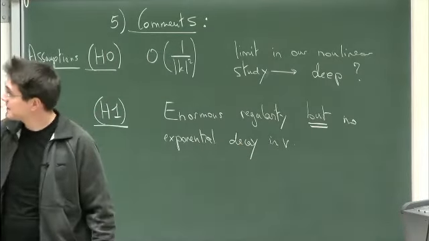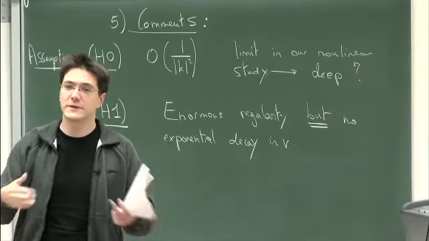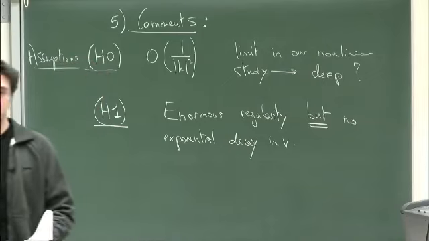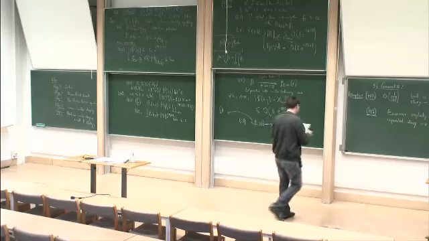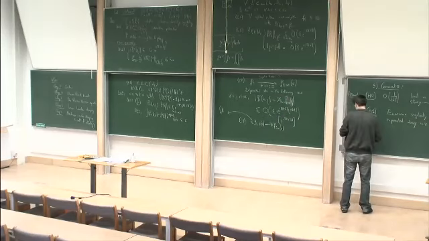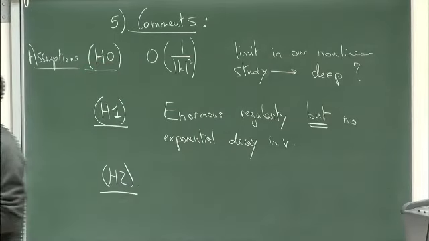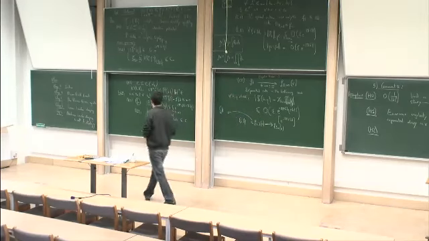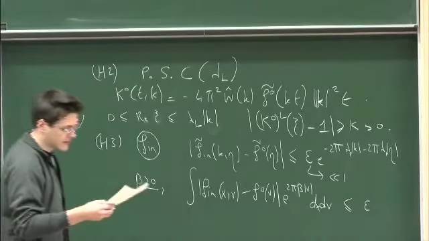Meaning that this assumption allows, for instance, very smooth polynomially decaying integrable distributions, which is something considered in the physics literature. So for the H2 assumption, first we see that the time we spent in the last course was useful because we really do need the linearized stability condition, and